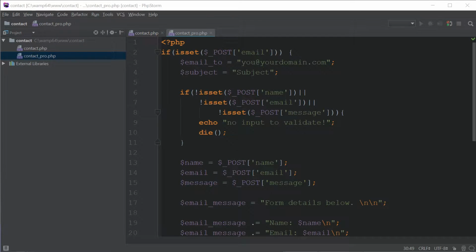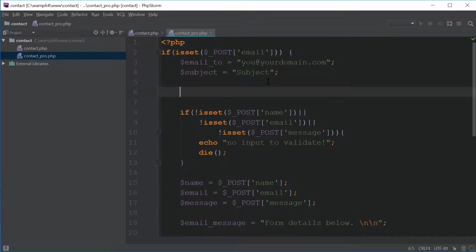So next up here, let's add even more validation. This validation that we'll be adding will check if the email is correct, if the name is correct, and if the message is actually also above a certain amount of characters. So what we will do is we'll start out by building a function that will handle all of our error